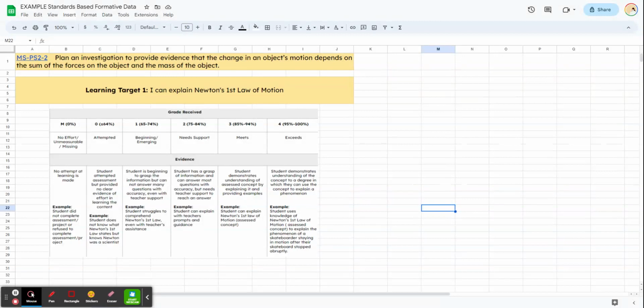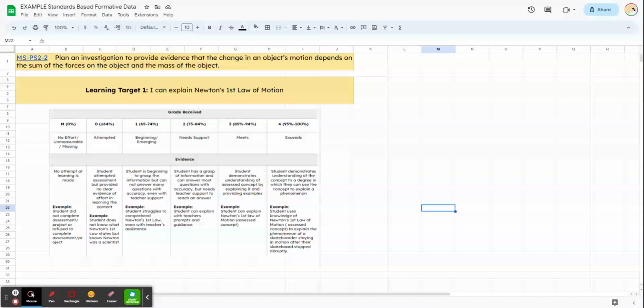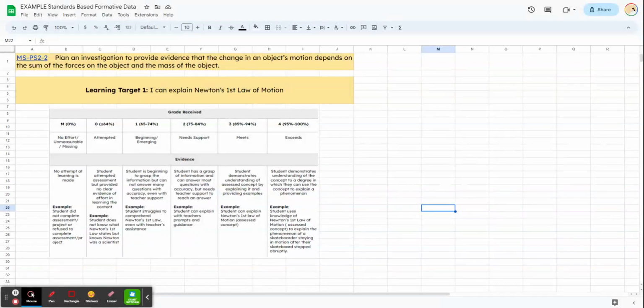Standards-based grading is when you take a standard that you're trying to teach in your classroom. For example, mine right here is the Next Generation Science Standard that states plan an investigation to provide evidence that the change in an object's motion depends on the sum of forces on the object and the mass of the object. That is kind of a mouthful, but as an educator, it is our job to break it down by